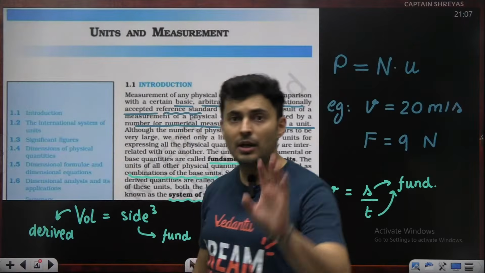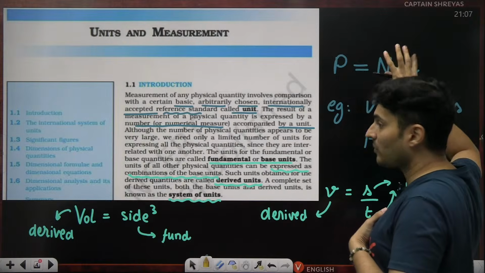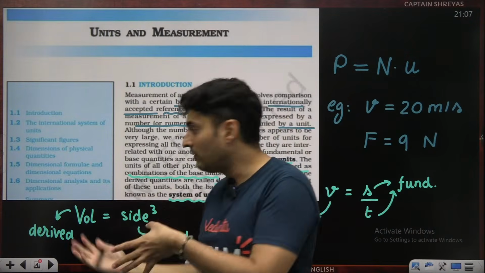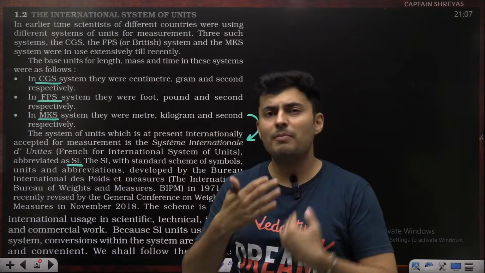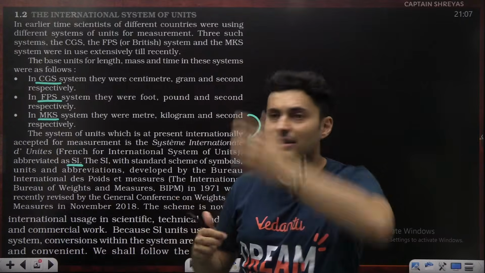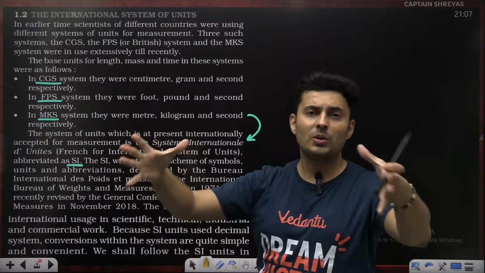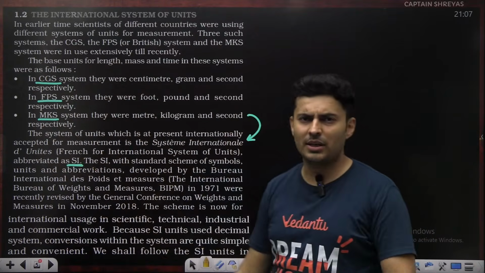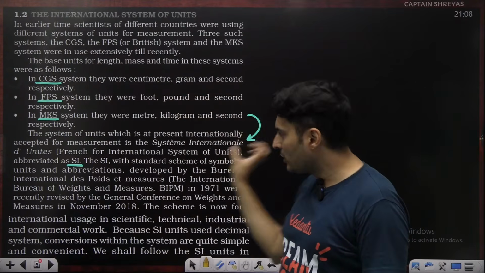We have studied that there are two kinds of physical quantities, which can be measured in terms of number and unit: fundamental and derived. Derived depends on the fundamental. And because there are units, there are many systems of units. One is CGS, one is FPS, one is MKS, depending on which geographical part you are referring to. Different people use different systems for historical reasons, but we widely use the MKS system, which is actually modified as